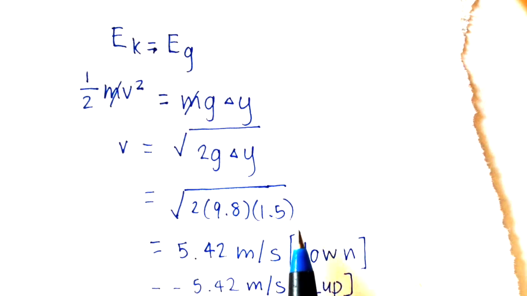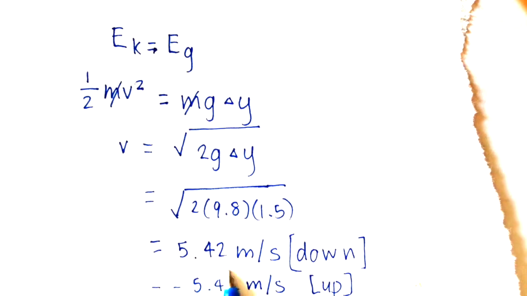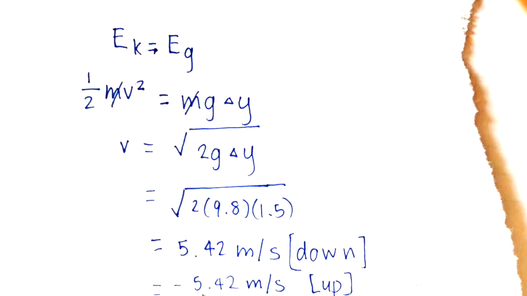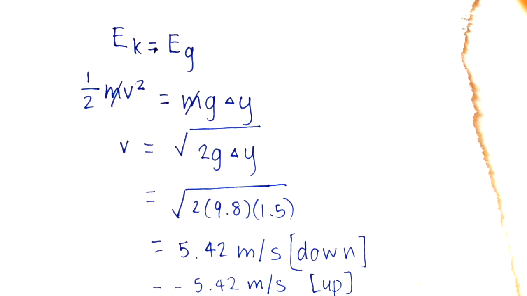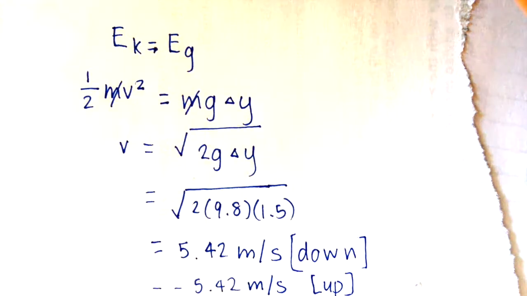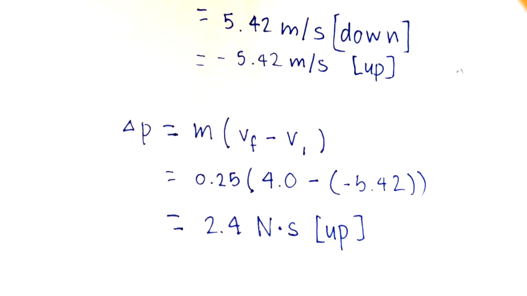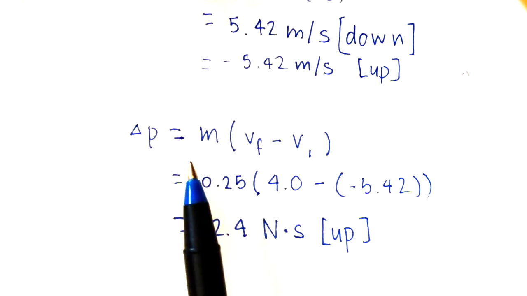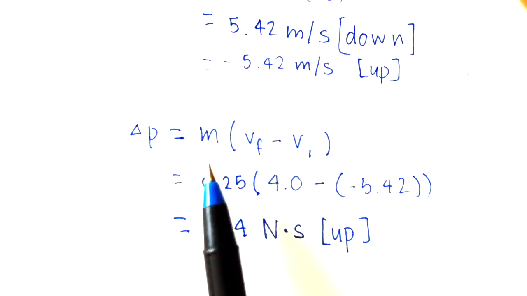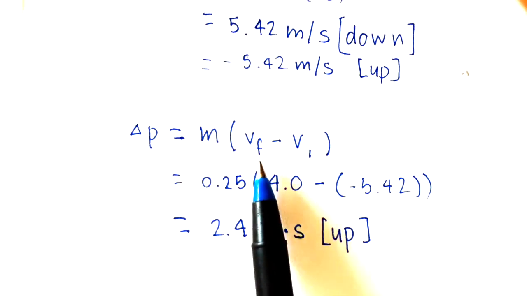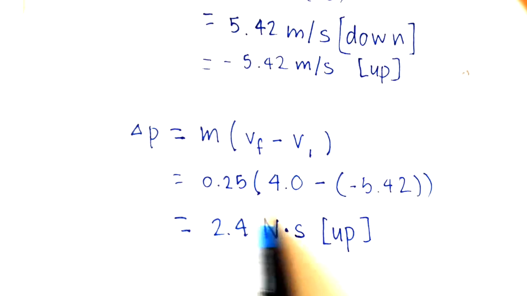We sub in our values, and then we come up with the value of 5.42 meters per second down, or negative 5.42 meters per second up. Now that we have this value, we can substitute it into the formula for impulse. So delta P is equal to the mass multiplied by the difference between final velocity and initial velocity. So we sub in our values, and then we come up with 2.36 Newton seconds up, which we rounded off